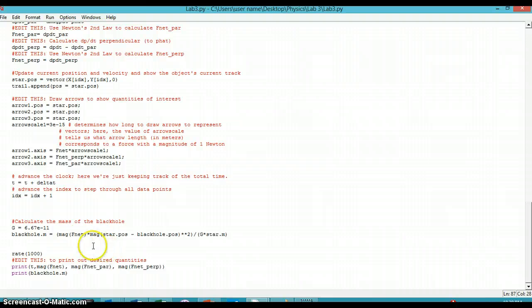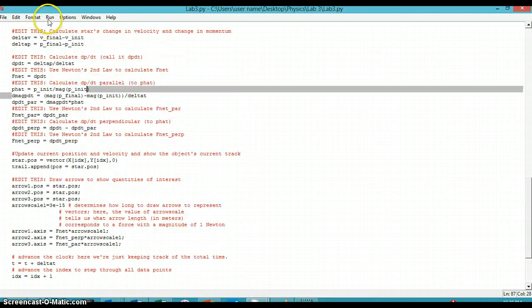As we go down, we can see that to calculate the mass of the black hole, I had to set G equal to 6.67e-11, and the mass of the black hole is equal to the mag of F net times the mag of the star position minus black hole position squared, divided by G times the mass of the star. And here I just printed out the mag of F net parallel, mag of F net perpendicular, as well as the mass of the black hole. Now if we run this module,